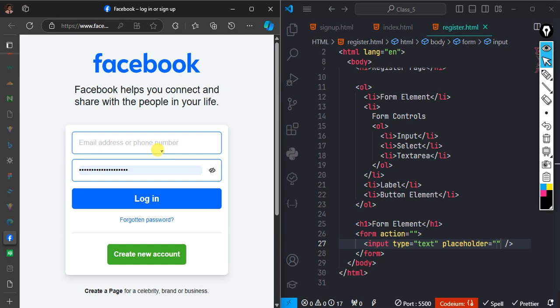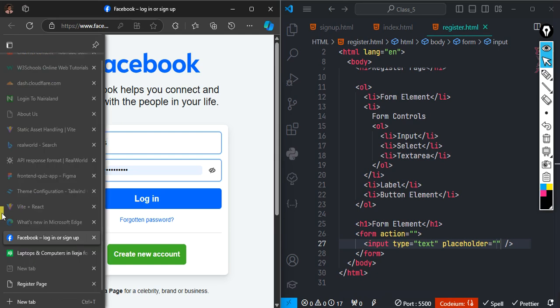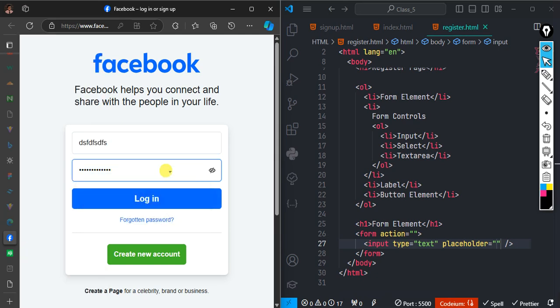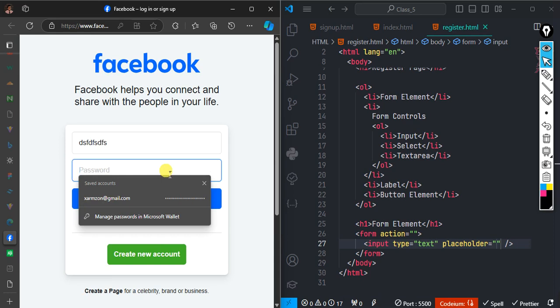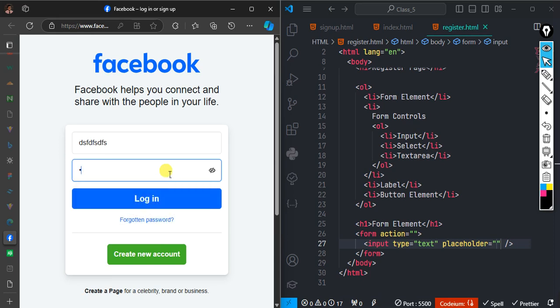But the disadvantage of this one is that once the user starts typing, you don't see it. If something is inside the box, you will not see the placeholder. But if nothing is there, that's when you see the placeholder. So it only comes out when there is nothing inside the box. For example, here, if I clean this one, as you can see, it will show. But once you type one thing like this, it will disappear. Because it's just there like a placeholder. It's not the actual stuff, but it's just there to tell the user that this is what you are expecting